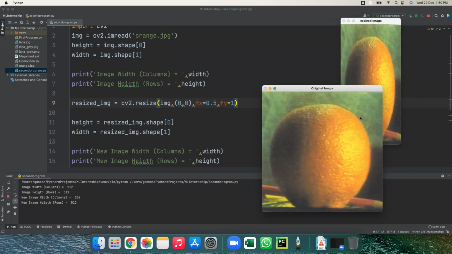Yes, students, are you getting this? What is fx and fy? How does the resize work? Are you getting the output?